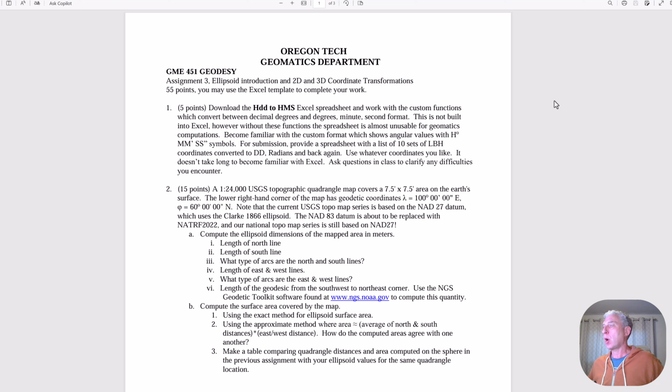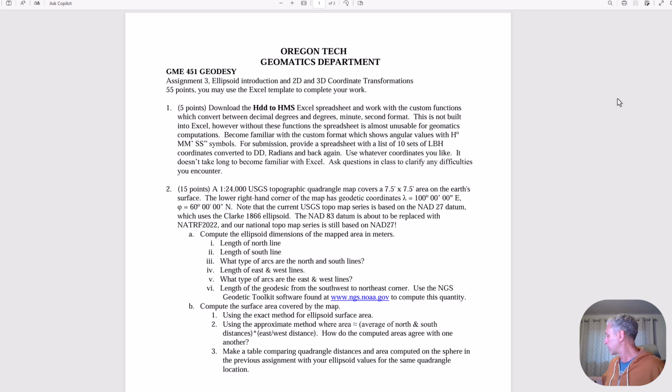And it's problem two, but it's something we've done before. It's not new. We did this in the spherical environment, and so in this case, we're going to do the same thing, but in the ellipsoidal environment, and apply those ellipsoid functions that we've developed. So a 1 to 24,000 USGS topographic quadrangle covers 7.5 by 7.5 minutes. And again, we're going with the lower right hand or the southeast corner of the map, and giving it coordinates